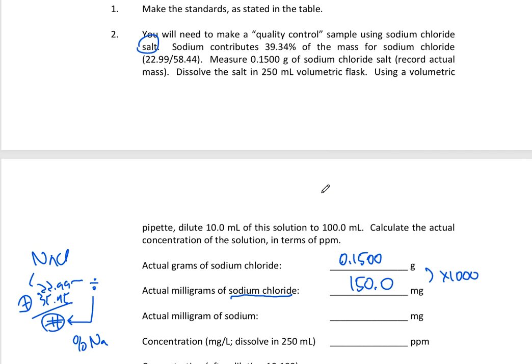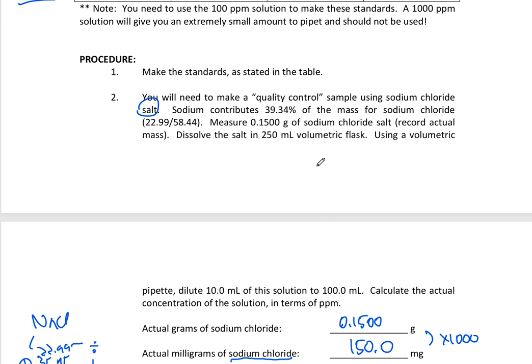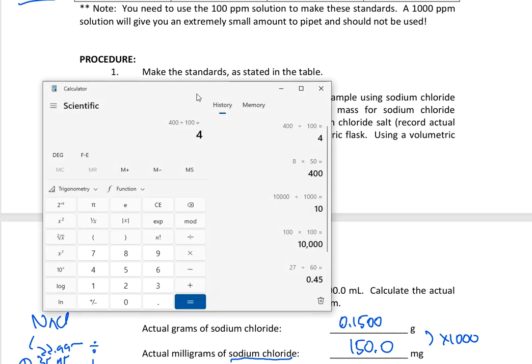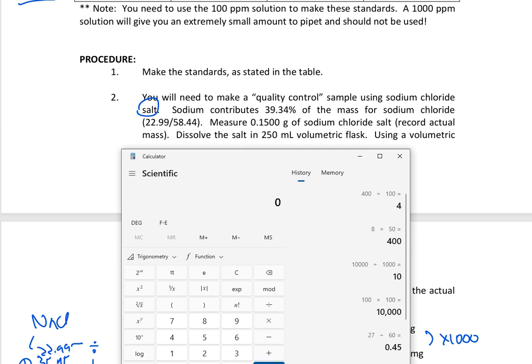The reason I don't care what these actual numbers are is because it tells you right up there in the top what those numbers are going to be, and it actually works out the equation for you. It says that sodium in sodium chloride is 39.34%, and the way that we get this is that we take the mass of sodium, which was 22.99, and we divide by the total formula weight of sodium chloride, because that's what we're using. And that 22.99 divided by 58.44 times 100 is 39.34%. All right, so I'm going to bring my calculator up,